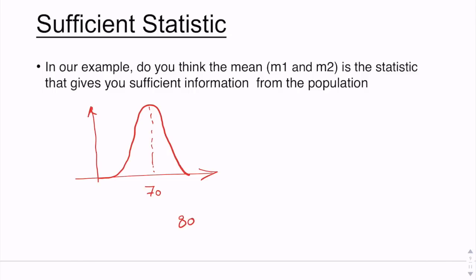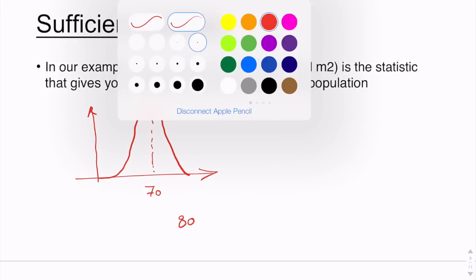What do you think? Will these two numbers provide all information about these two populations? Definitely not. Why? Because the second population distribution might look like this,